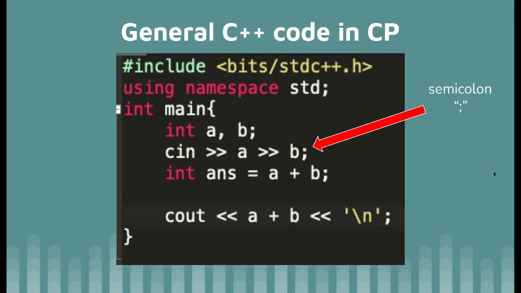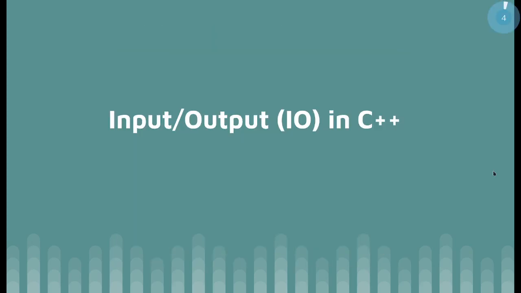Of course, if you use C or Java, then you know that every line needs to finish with a semicolon. In Python, you just indent and you don't use semicolons. But in C++, every time you define a set of variables, input, or have any instruction, you put a semicolon to divide these instructions. So in this case, we define variables A and B as integers, we input them, then we define an answer as A plus B, and then we print, which is cout, A plus B. And all of these instructions are divided by a semicolon. Okay.